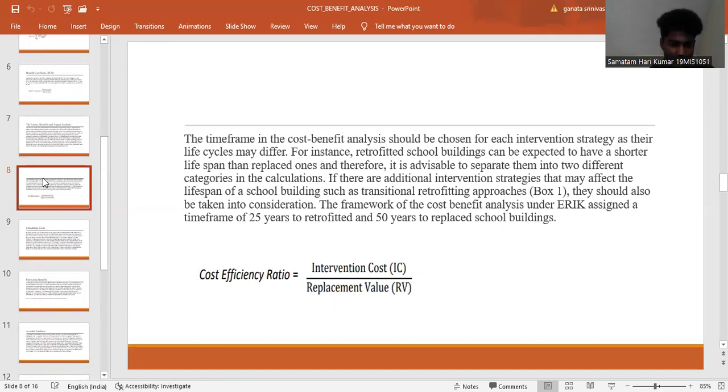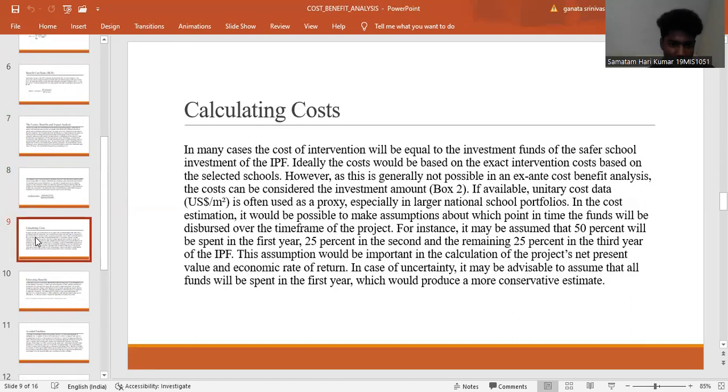Cost efficiency ratio equals intervention cost (IC) divided by replacement value (RB). Calculating costs: in many cases, the cost of intervention will be equal to the investment funds of the Safer School investment of the IPF. Ideally, the cost would be based on the exact intervention cost based on the selected schools. However, as this is generally not possible in an ex ante cost benefit analysis, the costs can be considered the investment amount